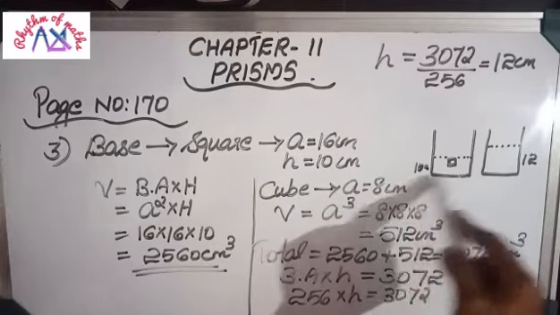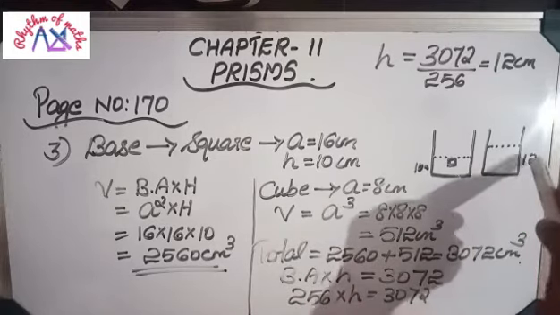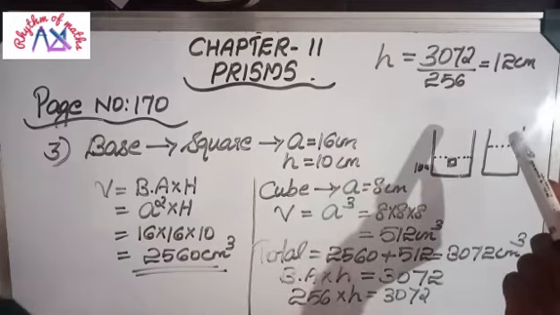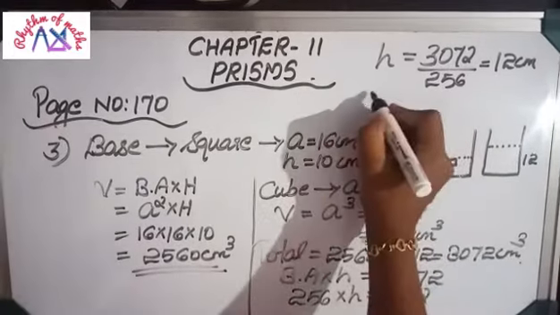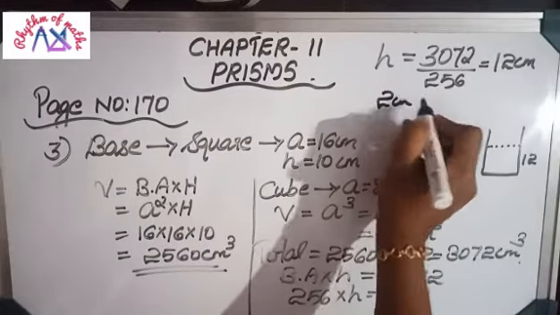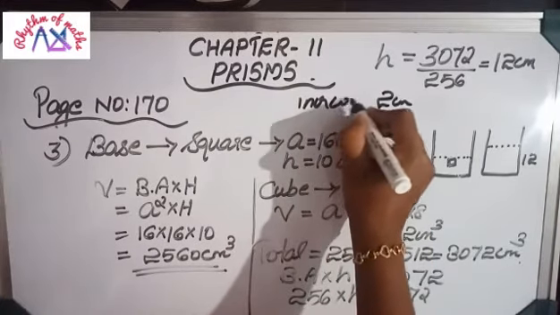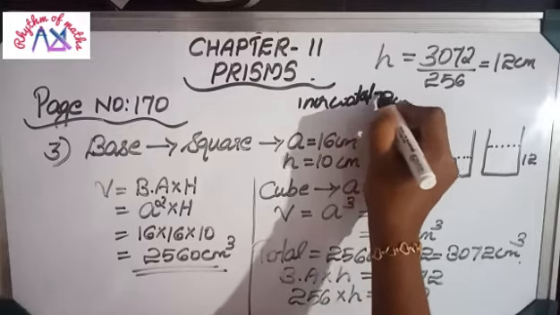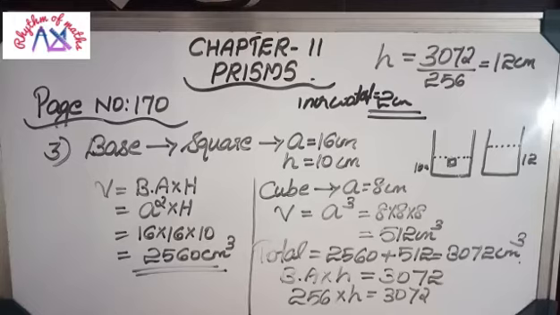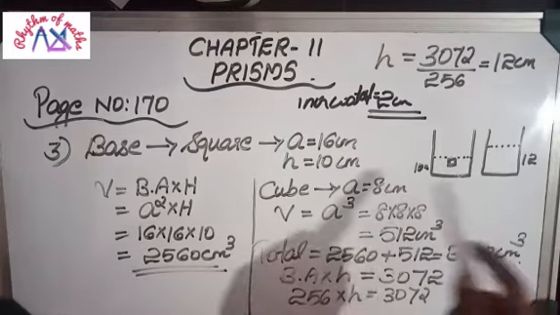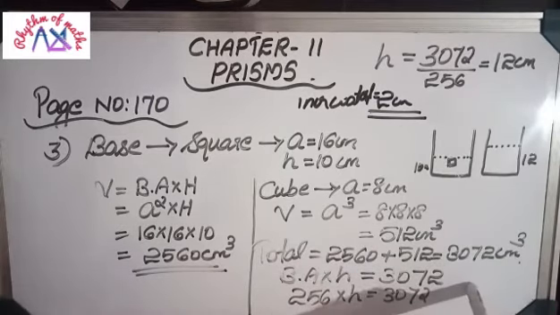Starting it was 10 centimeter, now it is 12 centimeter. So what is the increased level? Increased level is 12 minus 10, that is 2 centimeter. So 2 centimeter is the increased water level. This is the final answer. So this is the third one's answer. Watch repeatedly, then only it will be clear. Little bit confusing problem, so once more you just watch, it will be clear.